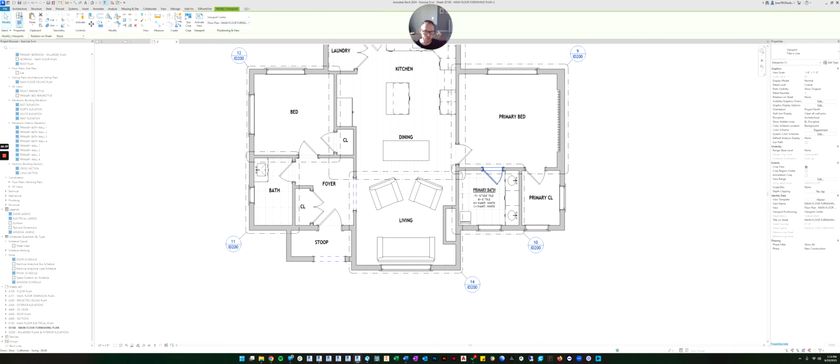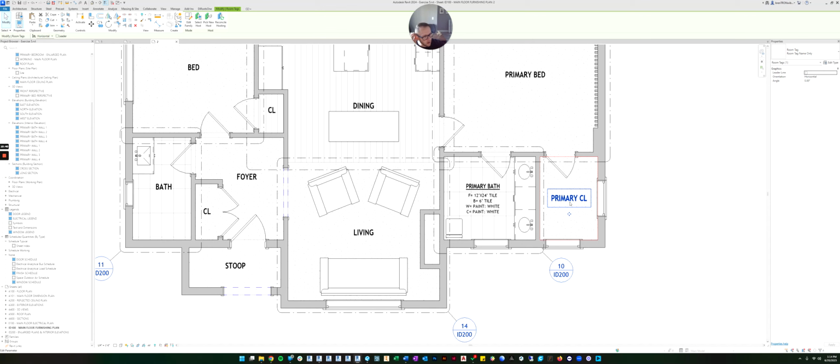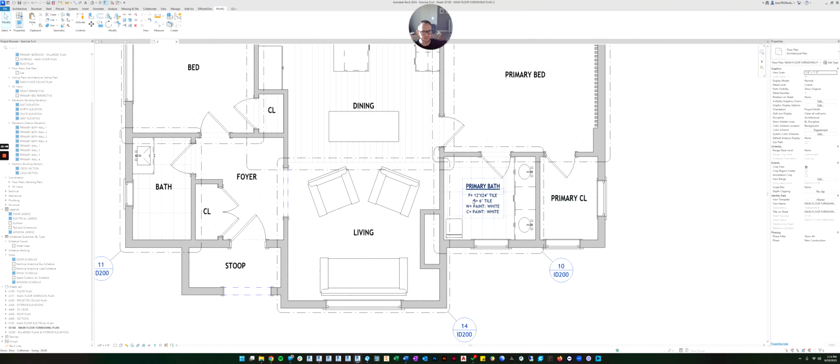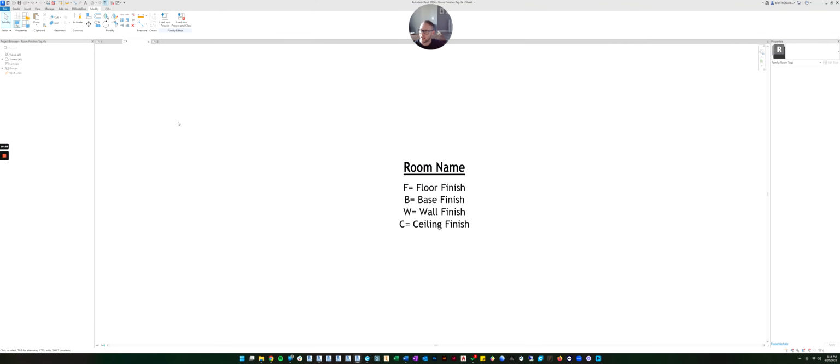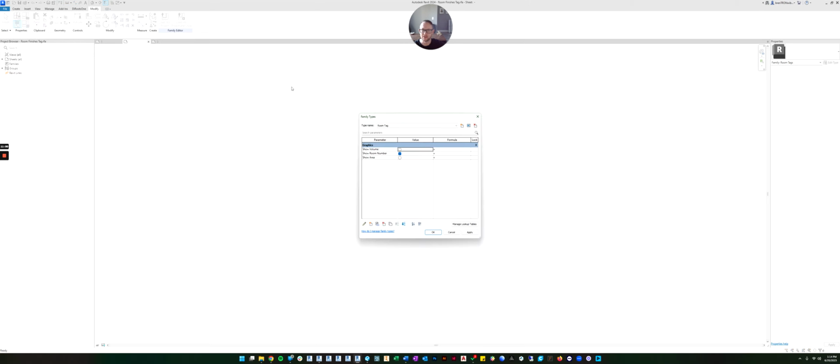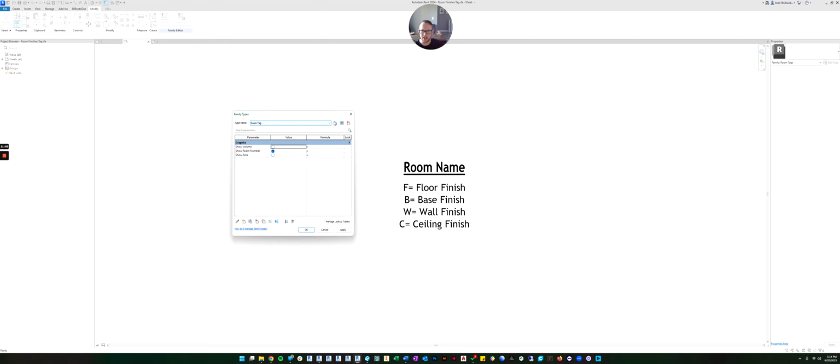The only other thing I want to teach you is, if you click on the regular room tag, do you remember how there are different types already loaded that control what is showing and what is not showing? We can do that with our tag too. So let's go back to our tag. There's this little button up here called the Family Types dialog box. Click that, and it brings up the different types you can have in your family. Because we copied the other family, it already has the types that were in the other family. So let's just delete those. If you hit this little button, it'll delete those. Just keep hitting delete until they're all gone.